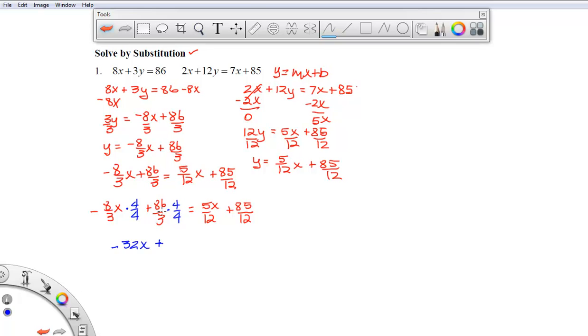This is 4 times 86. Let's go over here and do that real quick. So 4 times 80 is 320. And then 4 times 6 is 24. So that would be 344